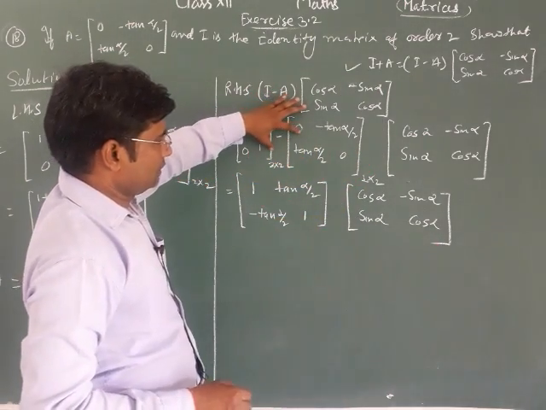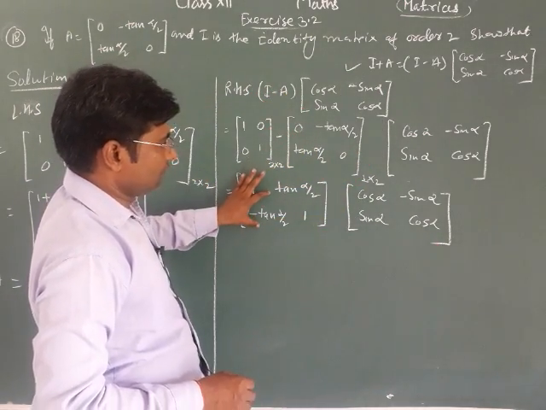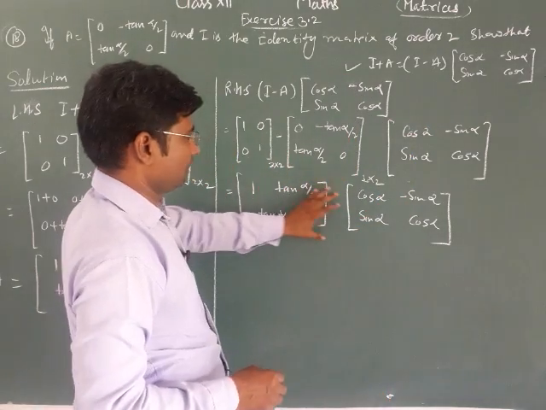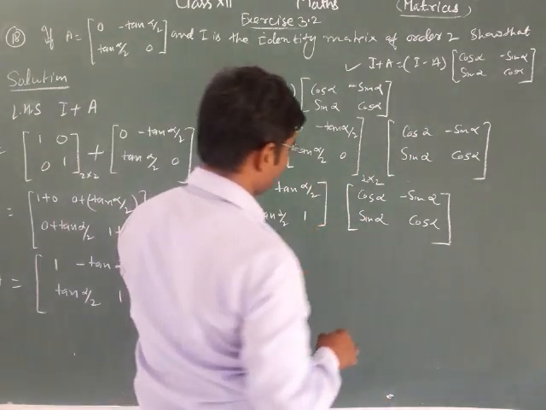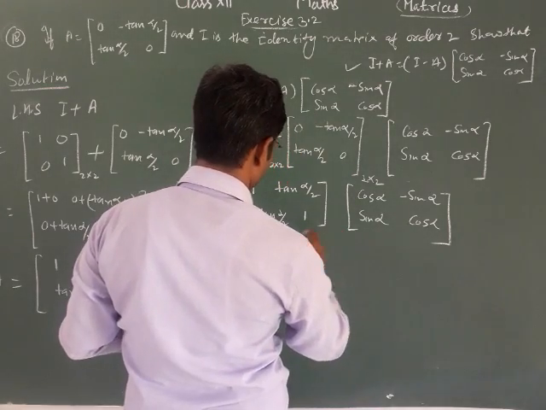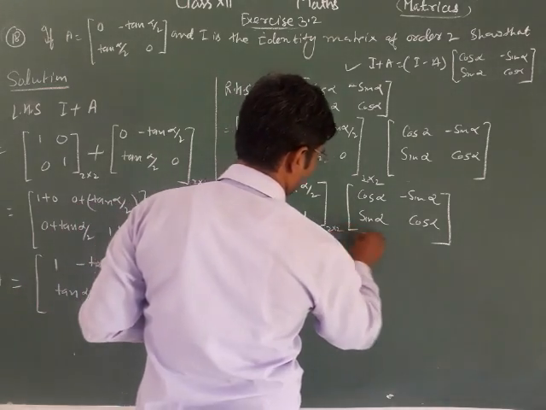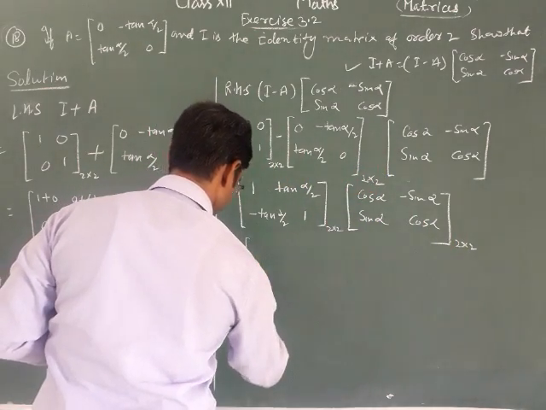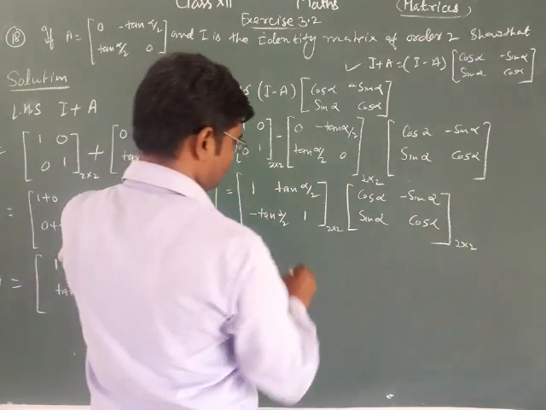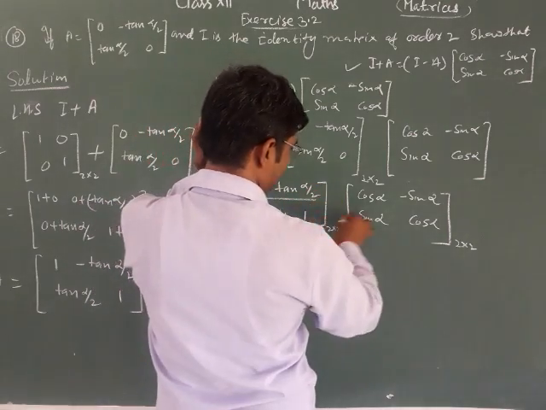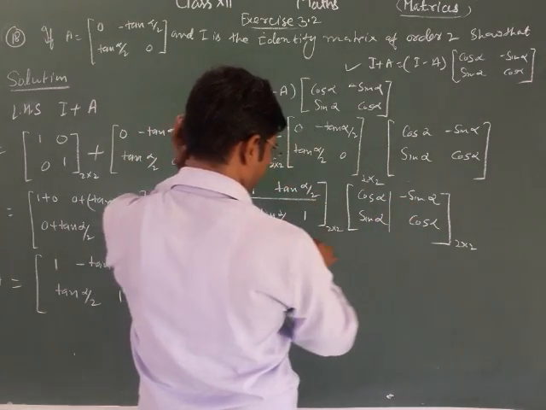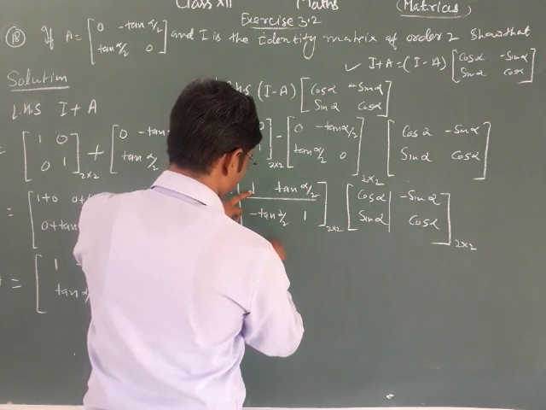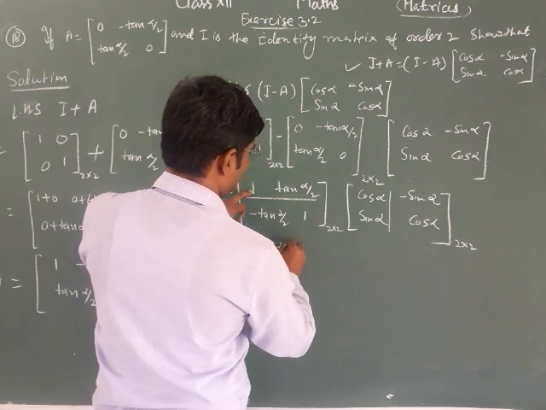So now subtracted, we get this and write here. So multiply both matrices with each other, 2 by 2 and 2 by 2. So taking first matrix first row and second matrix first column,